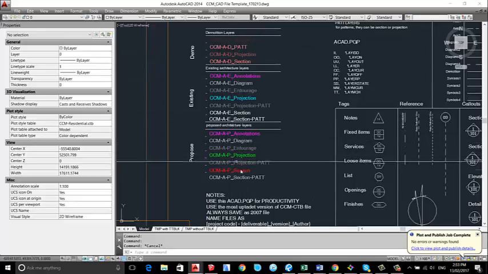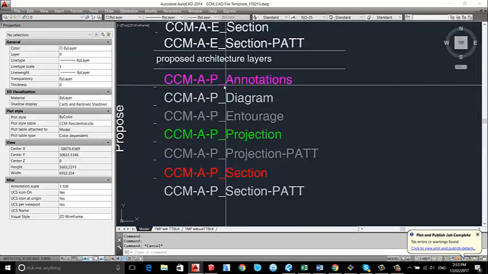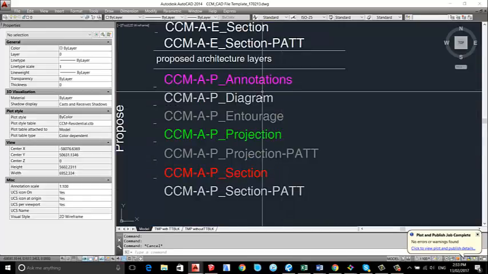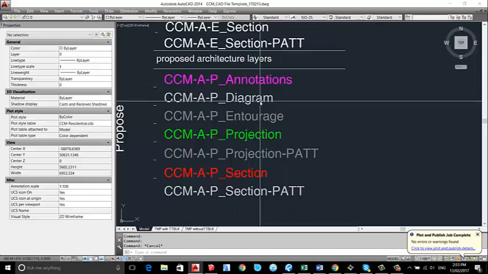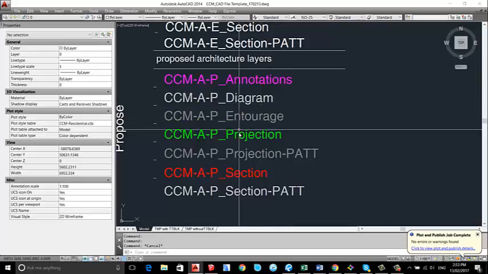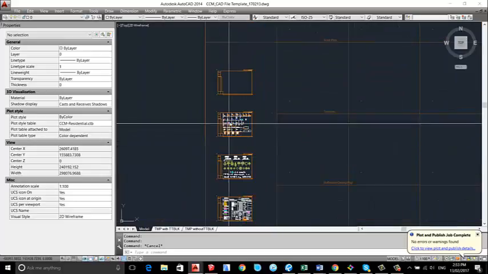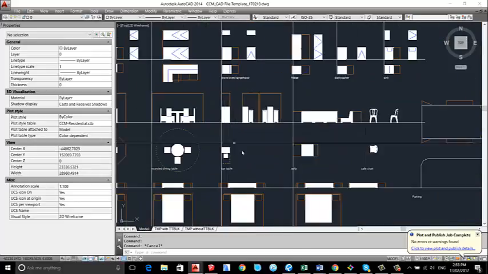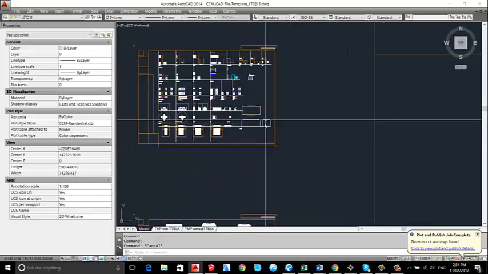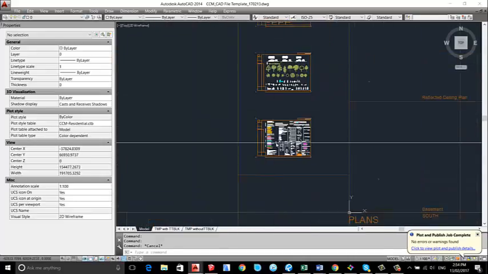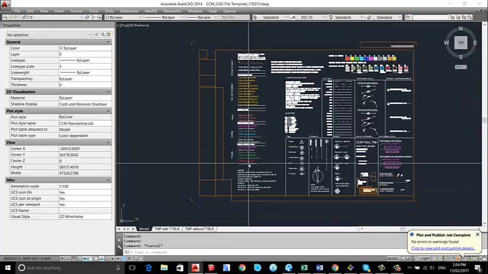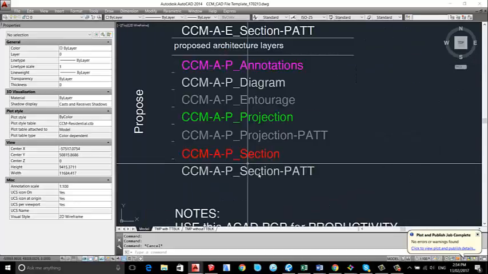Now, in here we have some basic layers that are annotation, to annotate, diagrams for lines that don't exist and are a bit like concepts, like boundaries and setbacks and stuff like that. And entourage is basically for things that you can touch, but that are not part of the project, like for example this table or the car. But if they ask in the project to do joinery,